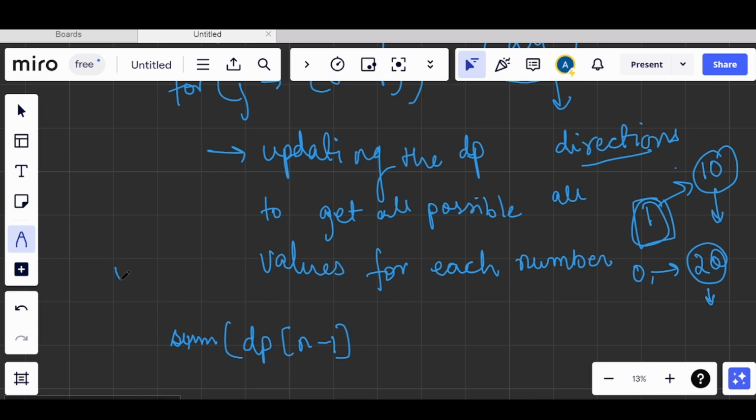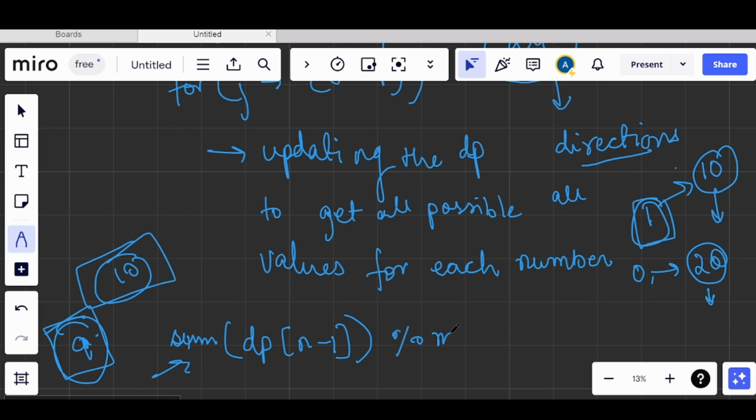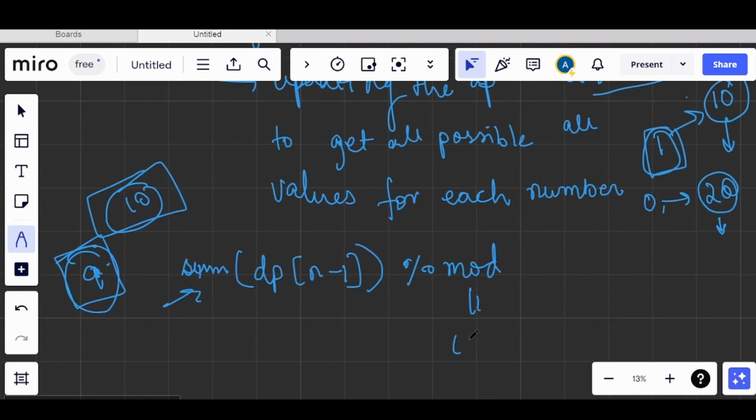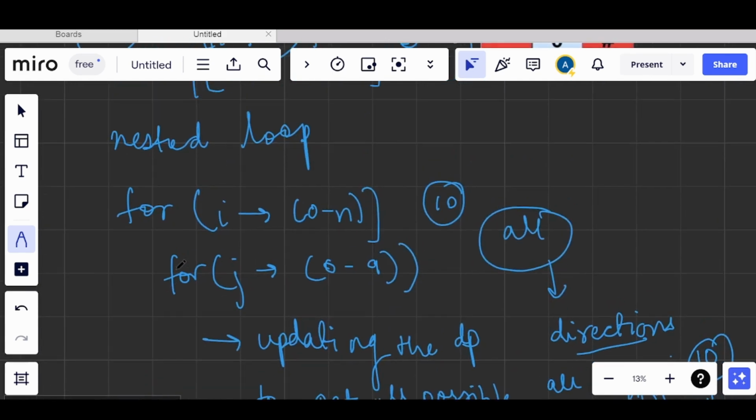If the total number of jumps is 10, then we will take 9. We will take the mod of it, where the mod value is equal to 10 power 9 plus 7, and we will return this value. Okay, so let's move on to the code.